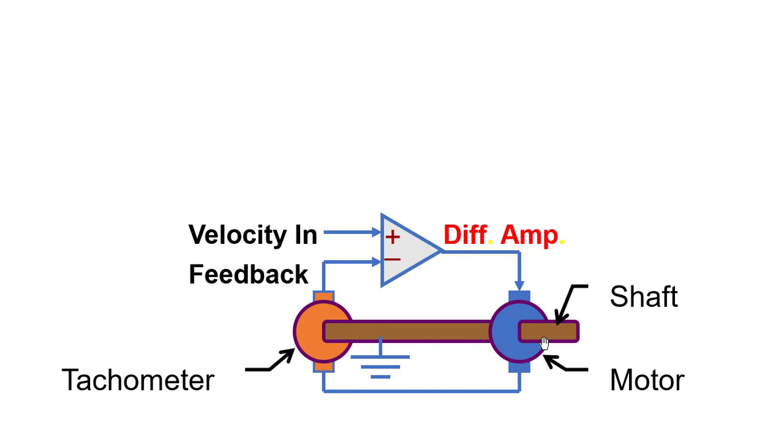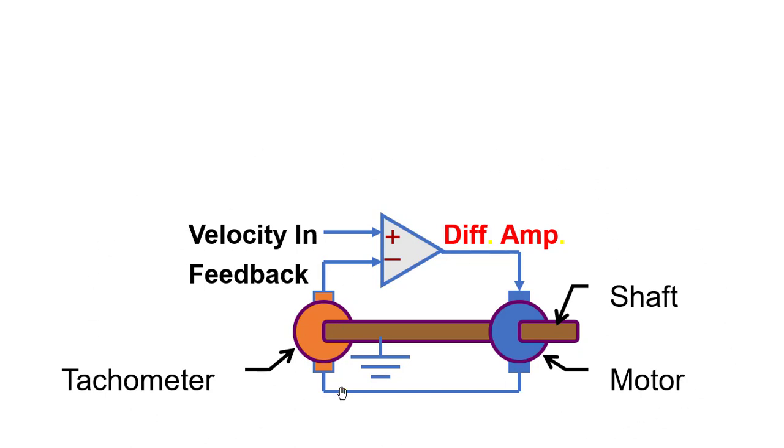If I show you what it is, there's a tachometer which measures the speed of your motor and gives it to the differential amplifier. That means it gives the feedback of the RPM to the differential amplifier, which is actually the decision maker. You have inputted the velocity, let's say 1000 RPM, but it is measuring 900 RPM. Then it gives its feedback to the motor to run at 1000 RPM because that is required. So this whole complete thing becomes your servo motor.